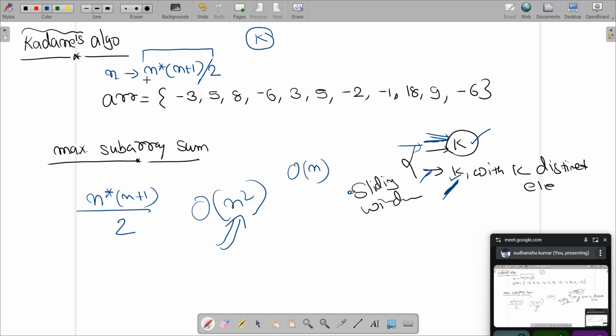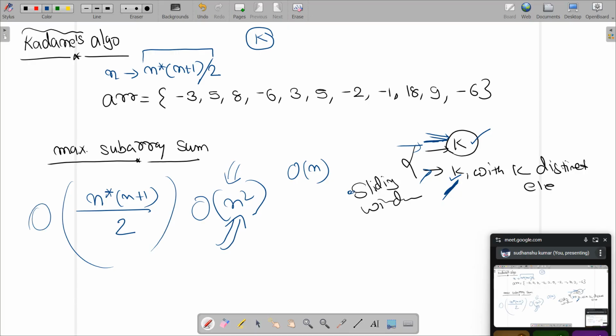What if I ask you to print every subarray? Now I know that there are order of n squared subarrays, and since I am printing, there is no way you can solve it in less than n squared time. You will have to take every subarray and print it. Printing will not count in output time complexity, but I will still be choosing every subarray, and I will choose exactly these many subarrays.